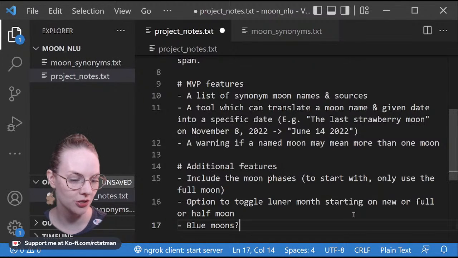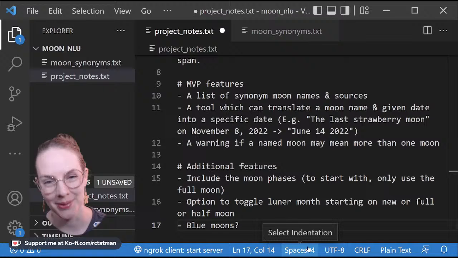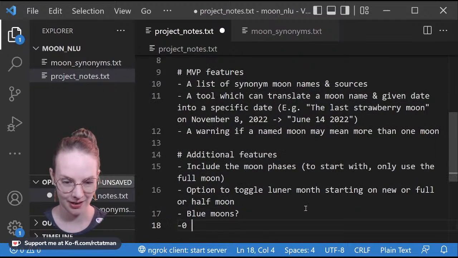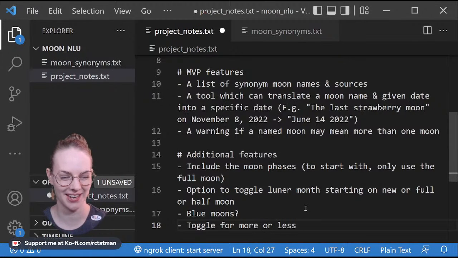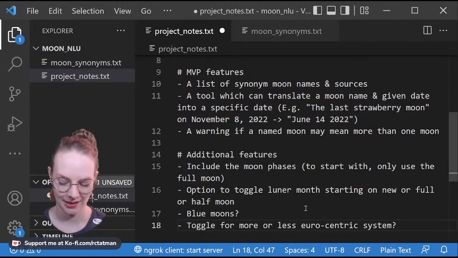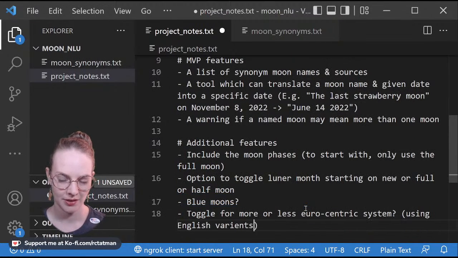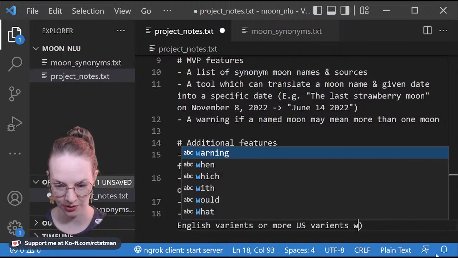Another potential thing that we could do is a blue moon, because I mentioned in a year where there are 13 full moons, one of them becomes a blue moon. Which one becomes a blue moon, I believe, depends on which calendar you're using. Toggle for more or less Eurocentric system. I don't know. So using English variants or more US variants. I'm obviously going, which include